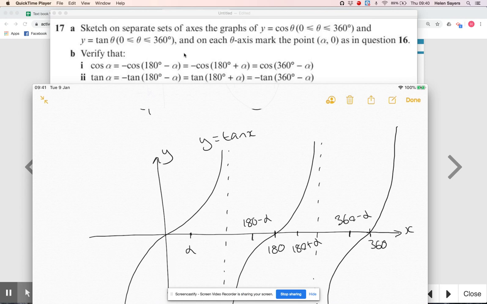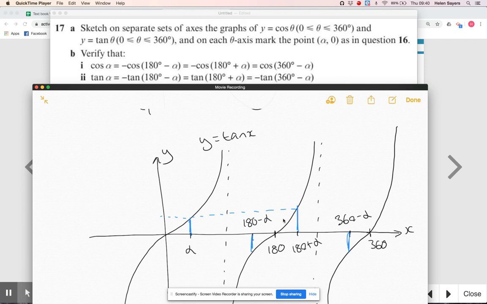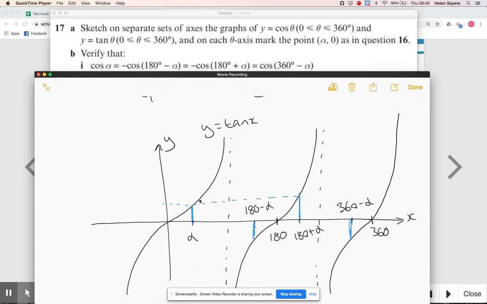And in fact, before we look at what they've said, let's just see what we think about these. Again, my sketch of tan is not perfect. It would do, that's all they would need. But they don't look like they are at exactly the same height that they should be, because these sections of the tan curve are all identical to each other. So I would be saying that, in fact, tan alpha equals